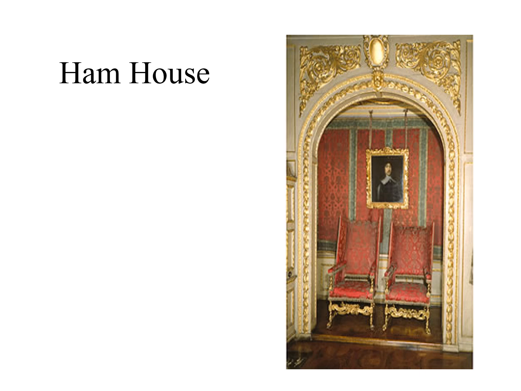This slide is focusing on the Queen's Closet located in Ham House. Ham House is in Richmond, near London. This is one of the most perfectly preserved 17th century houses in Britain. So when we look at the Queen's Closet, we see that it has ornate gilt carving and walls that are hung with rich brocaded satin.